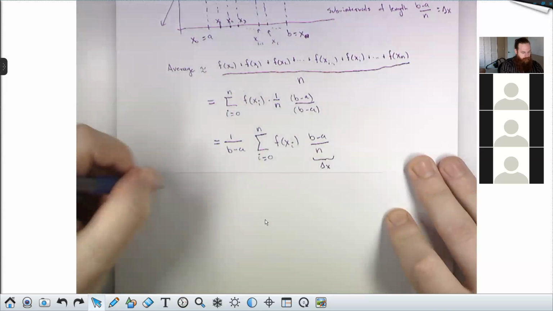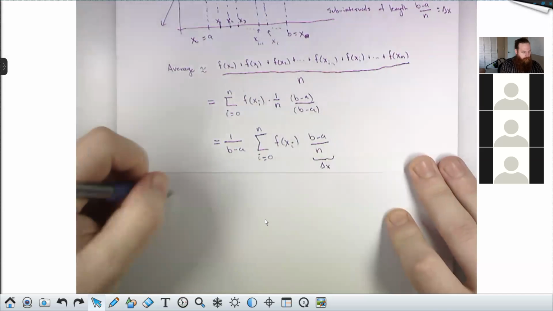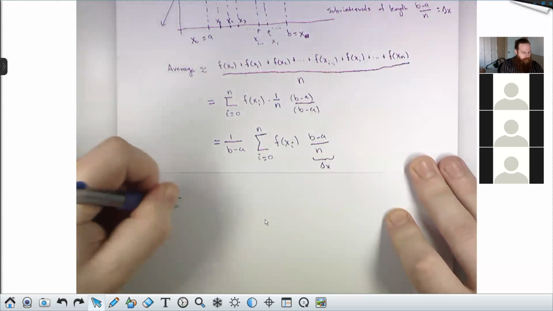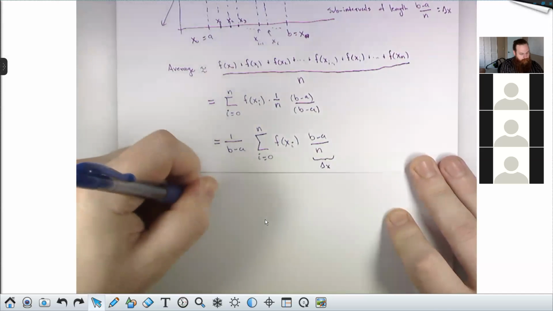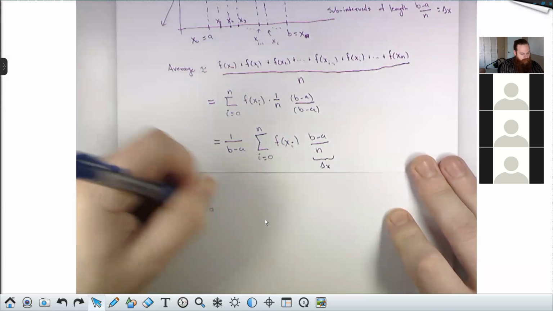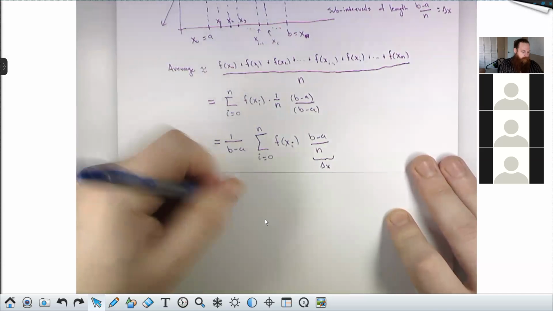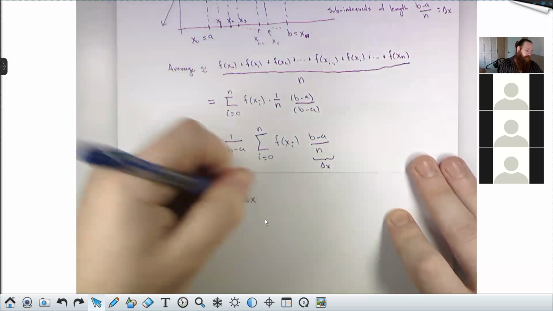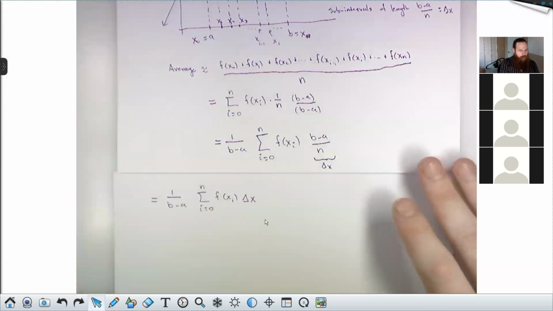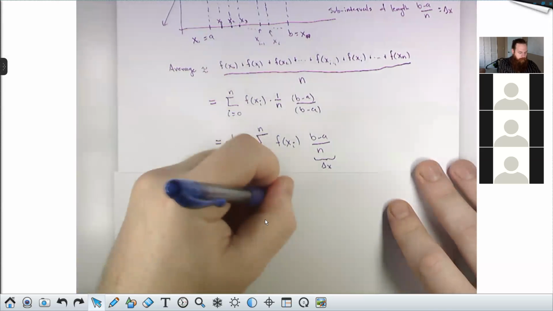This is equal to 1 over b minus a times the sum from i equals 0 to n of f of xi times delta x, which we recognize